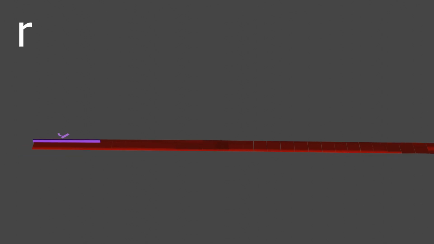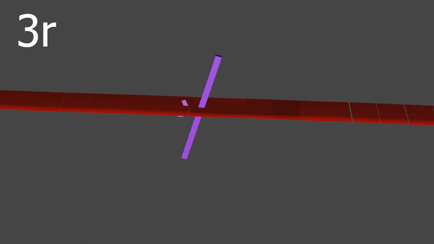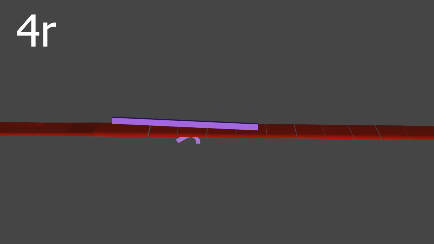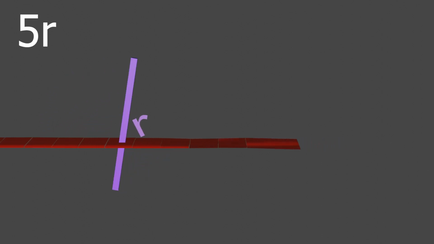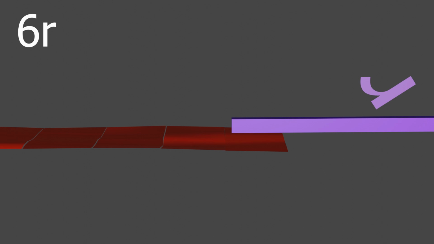Since the measurement of the radius is r, we start counting it by r, 2r, 3r, 4r, 5r, 6r. Here we can see only a small part of the curve is left, which is approximately